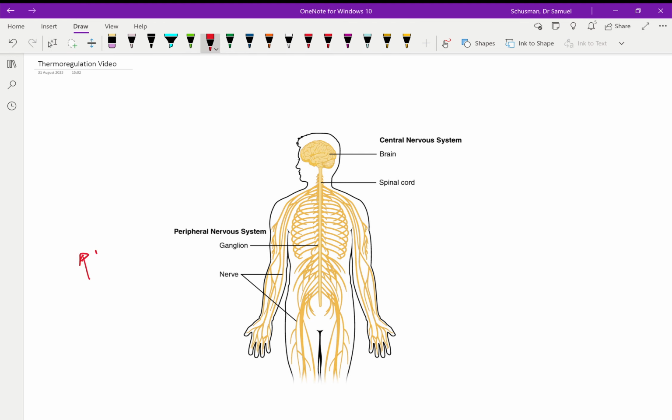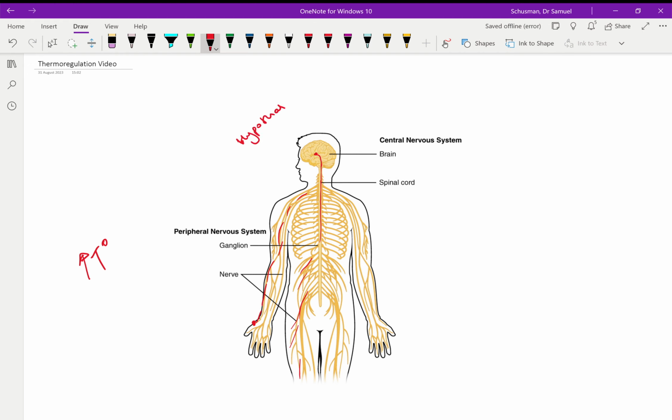So let's say the outside temperature goes up. You will first detect that at your skin. So the receptors in your skin, which are basically just the ends of your nerves, a nerve ending, will detect this and start firing electrical impulses down your nerves, from anywhere on your skin, and that will get to your spinal cord, and it will travel upwards through your spinal cord to your brain, to your